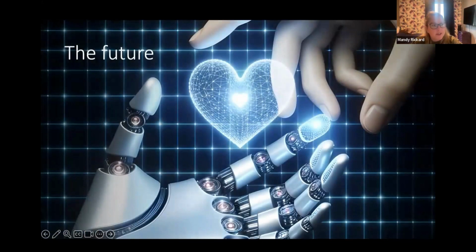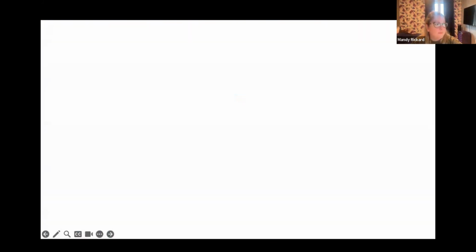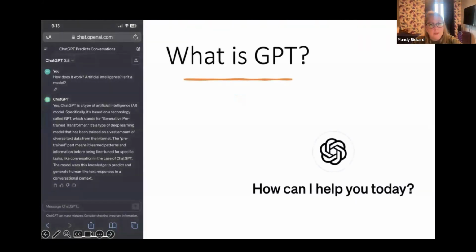So I've demonstrated a few examples of the work that we've done, but what exactly is going to be coming next? So I'm sure most of you have heard about ChatGPT, and this is something that's actually been all over the news very recently. What is ChatGPT? And so this on the left-hand side of the screen is ChatGPT explaining to us what exactly it is.